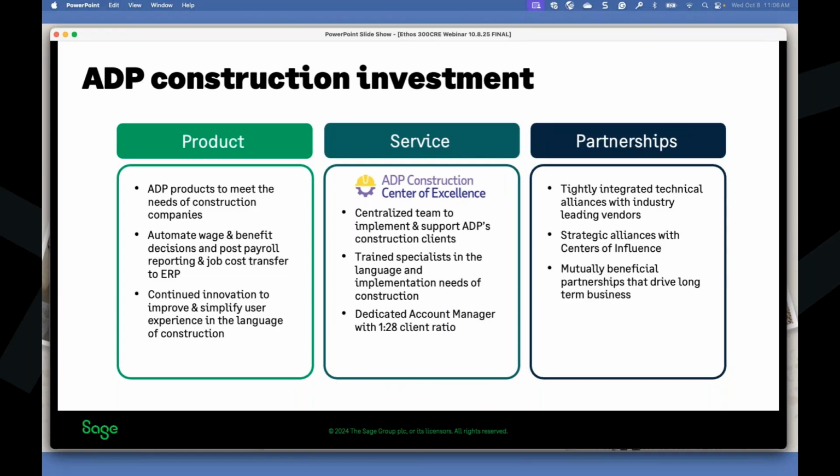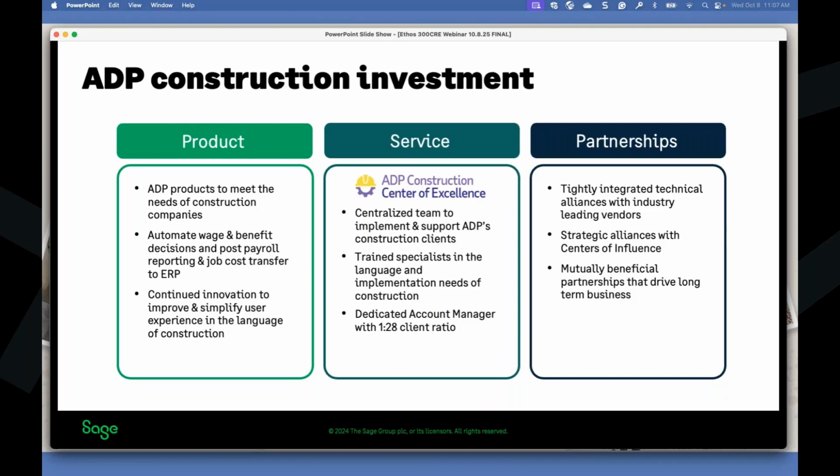All of the complexities that come with government jobs, the prevailing wages, the union, the certified payroll, all of those deliverables are now embedded within the technology. So you don't need to leave to go to a third party. The tables and the logic are all embedded within the one system of record, which Denise will walk us through in a minute. So that's the product portion of it, which is great.